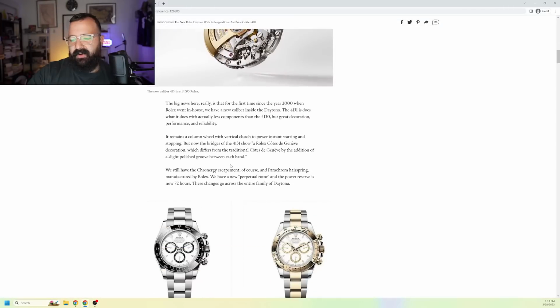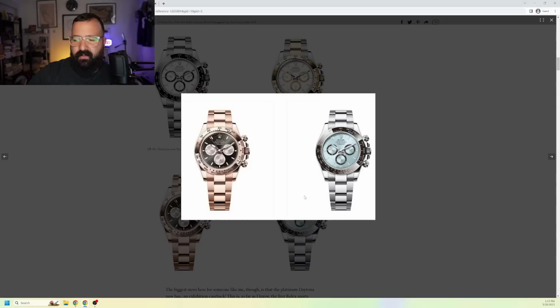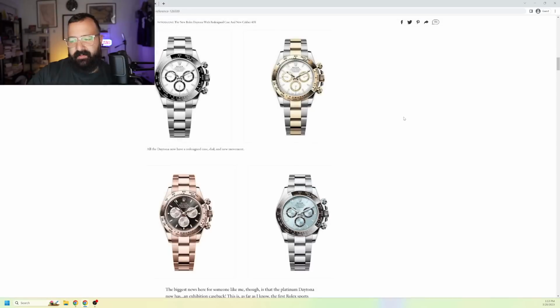Interestingly enough, though, it's not with this one. It's not with this one. I don't think it's with this one, and it's only with this one, I believe, the platinum offering. So people are upset about that because they wanted...